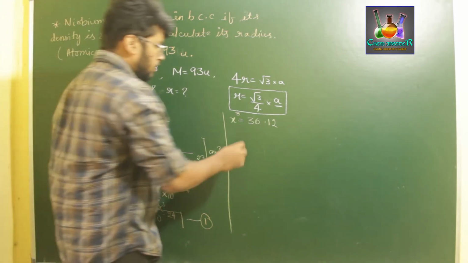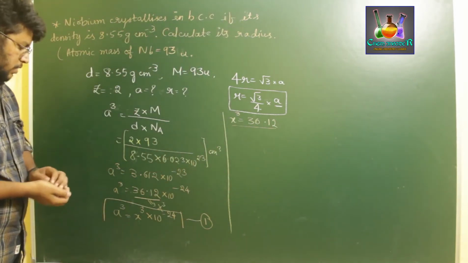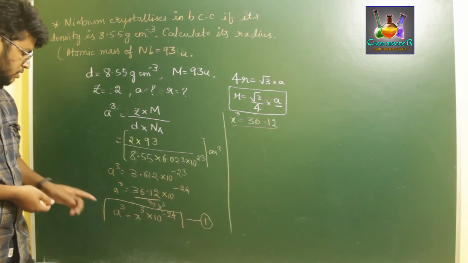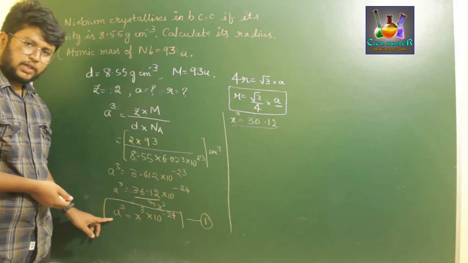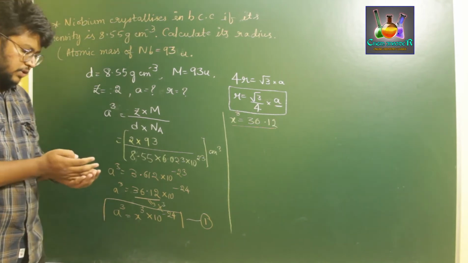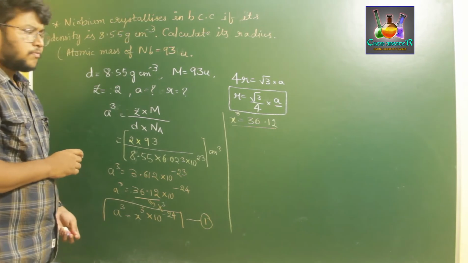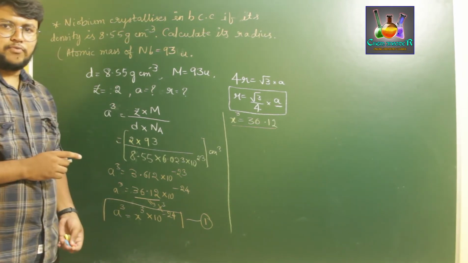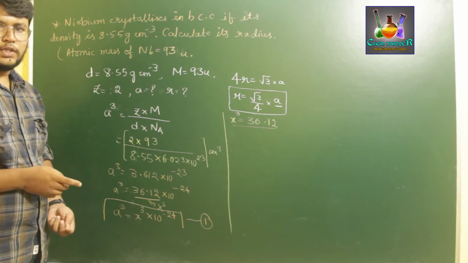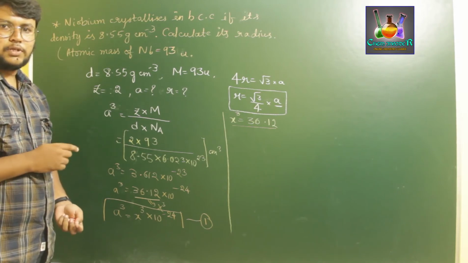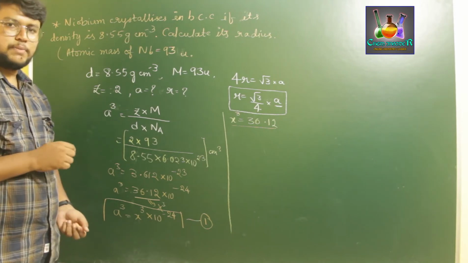For the determination of the value of x, if you know the value of x, we can find the value of a. So how can we do that? First, this x cube can be solved with a simple formula, according to the logarithmic rules. If you haven't come across the rules of logarithm, I'll give a link to my video in the description box, where you can find some basic logarithm rules.